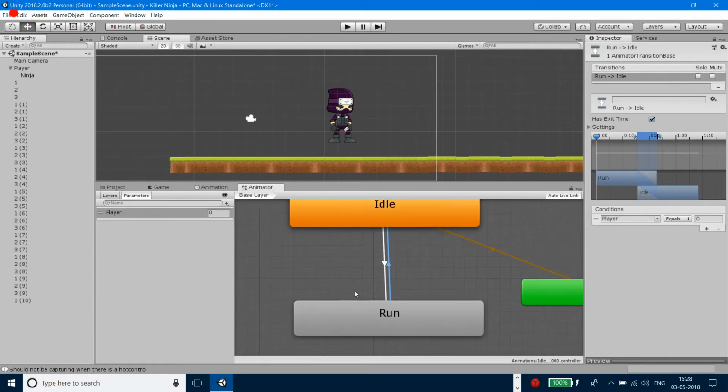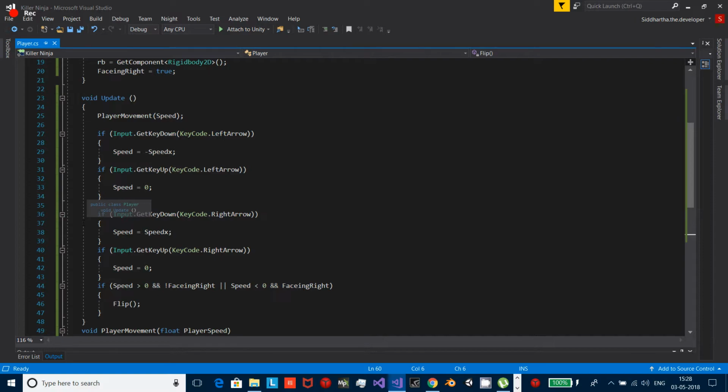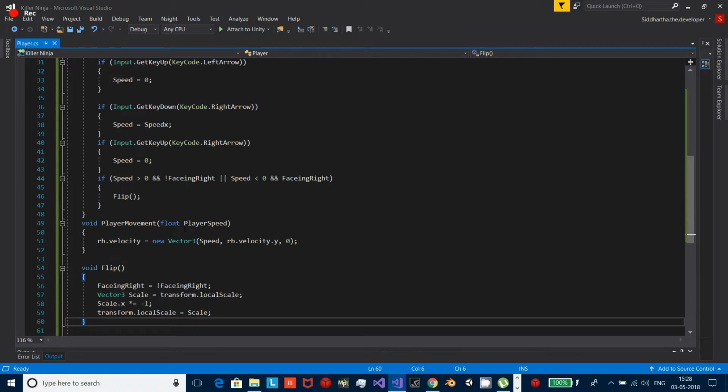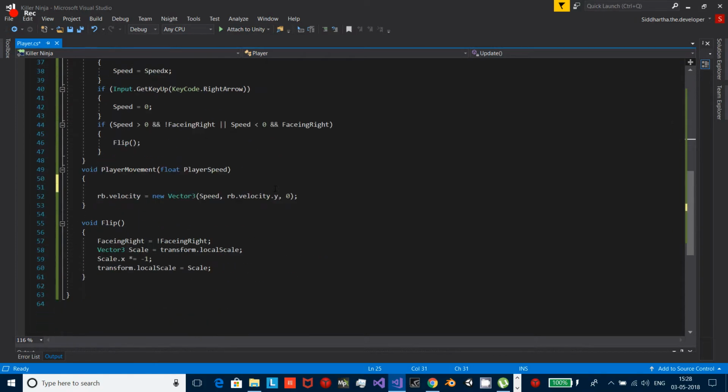So let's initialize these in our script. Here we have our Visual Studio, and let's write these things. First, we'll have to deal with the player movement function because it's the only one through which he is moving. Over here, let's write an if condition. If